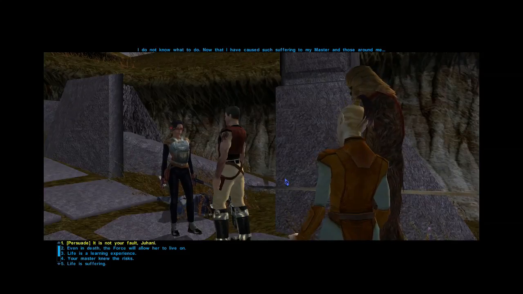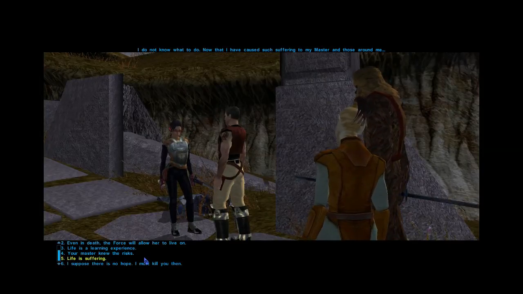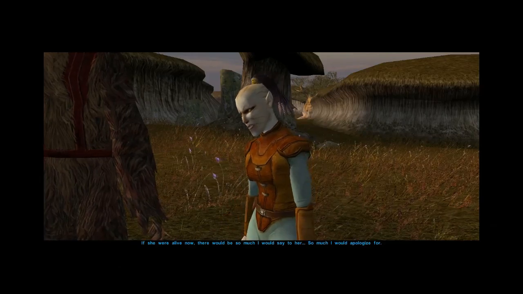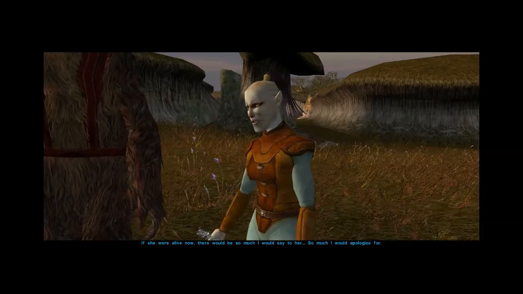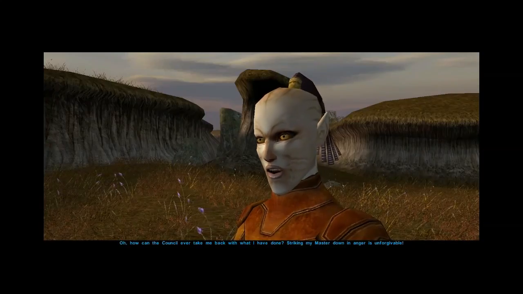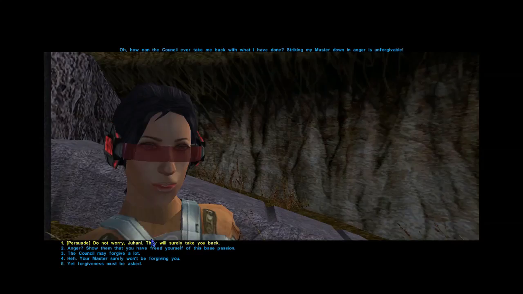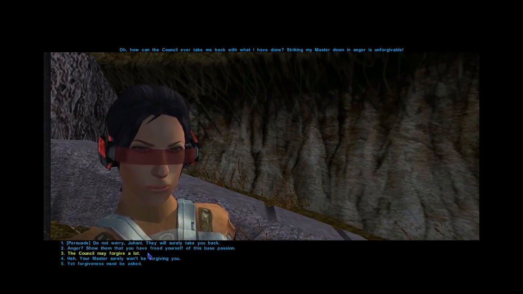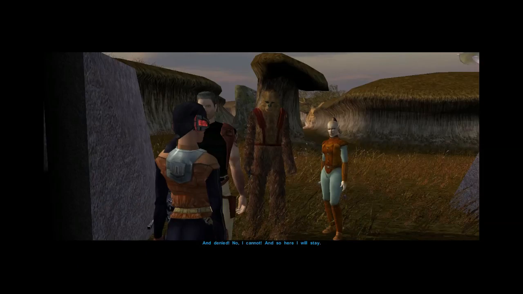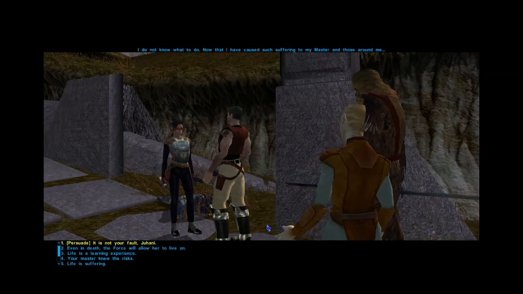I do not know what to do. Alright, she'll be a little Jedi-like. Remember the Jedi code, there is no death, there is the Force. So even in death, the Force will allow her to live on. If she were alive now, there would be so much I would say to her. So much I would apologize for. I think, in my own way, I truly loved her. How can the Council ever take me back with what I have done? Striking my master down in anger is unforgivable. Yet forgiveness must be asked. And denied. No, leave me to my... God, it's like there's only one answer, and it's the most un-Leovar sounding one of the bunch, but...